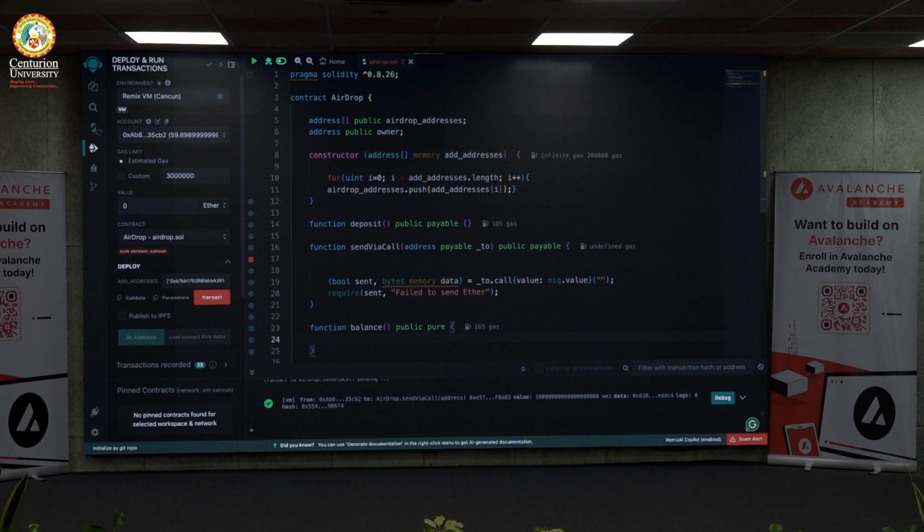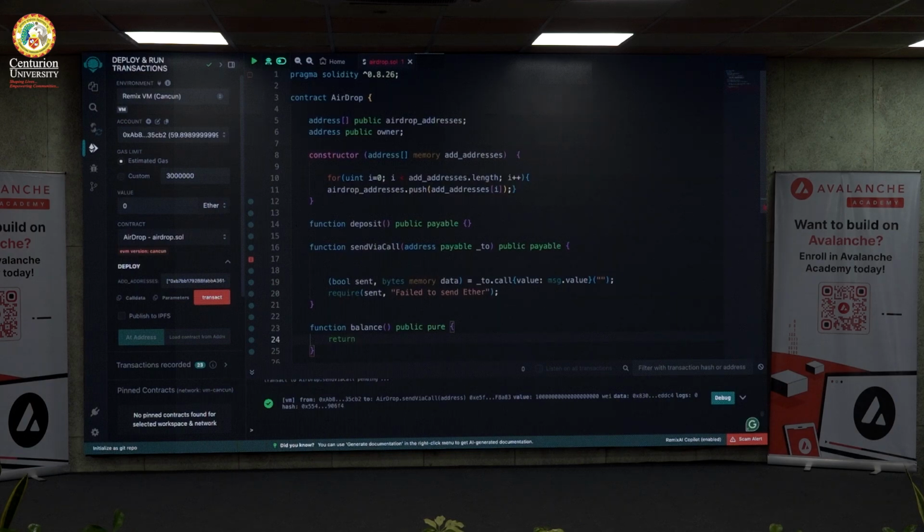So the basic understanding: pure functions are standalone functions. They don't need any local or global variable. View functions are for when, let's say, I want to check who the owner of this contract is. It's looking into a global variable inside, so that time it's a view function. And pure functions are like standalone functions. They don't need any other variables inside the contract. So public pure